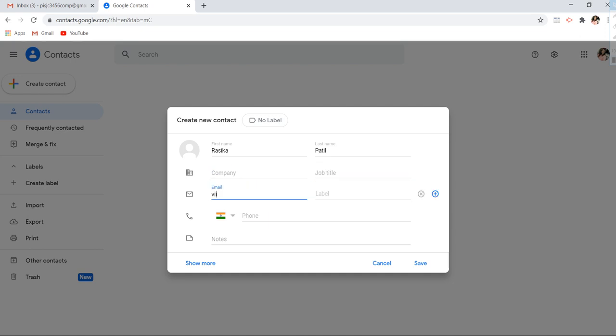So my email ID is 7bct at the rate. So this is my mail ID. Now the phone number, I'm mentioning any phone number. Then if you want to write any notes, you can mention them and say save.